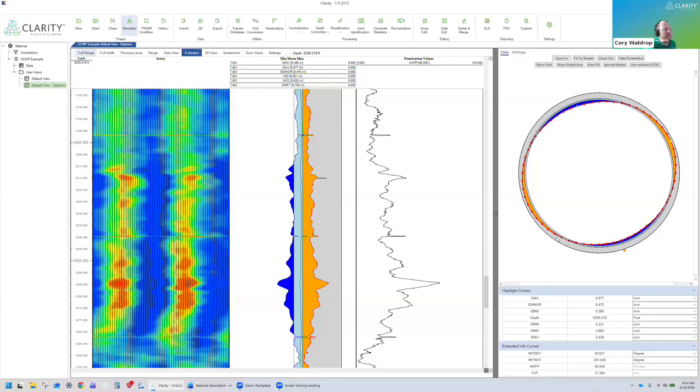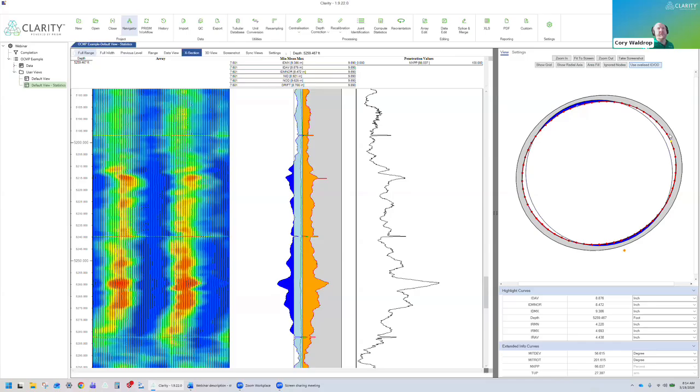Well, with this new version of Clarity, whenever we centralize the data, Clarity is actually going to calculate new ID and OD values based on the recorded shape. And that's really nice because it's going to compensate for that oval recording. That's why it's called oval compensated maximum penetration. And we can see what it does by clicking on this use ovalized ID and OD button within the cross section. Now, if I go back and scan through and look at this oval,